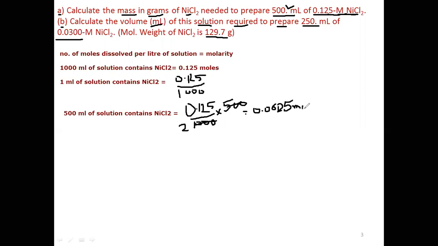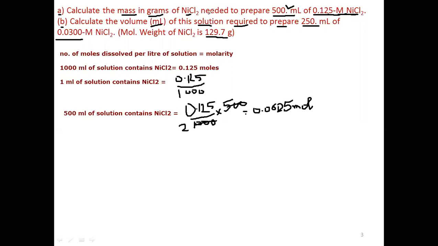So to prepare 500 ml of 0.125 molar nickel chloride solution, we need 0.0625 moles, but he has asked us to find the mass in grams